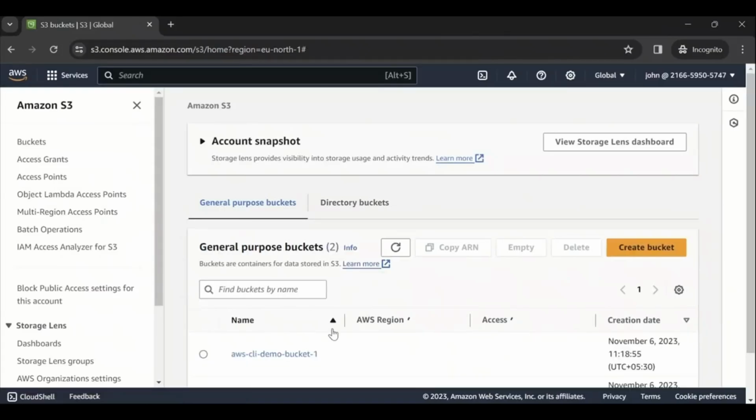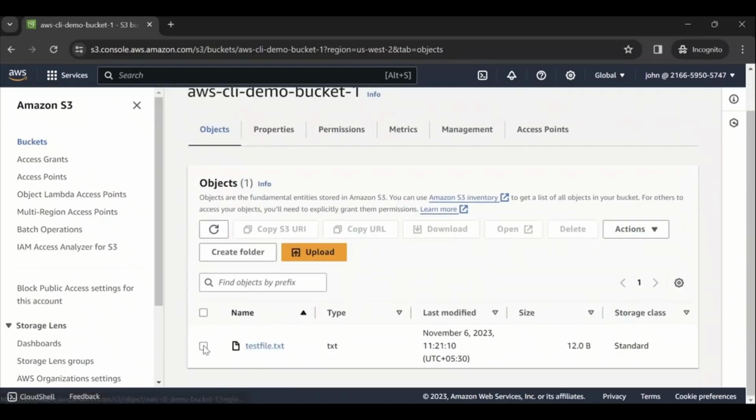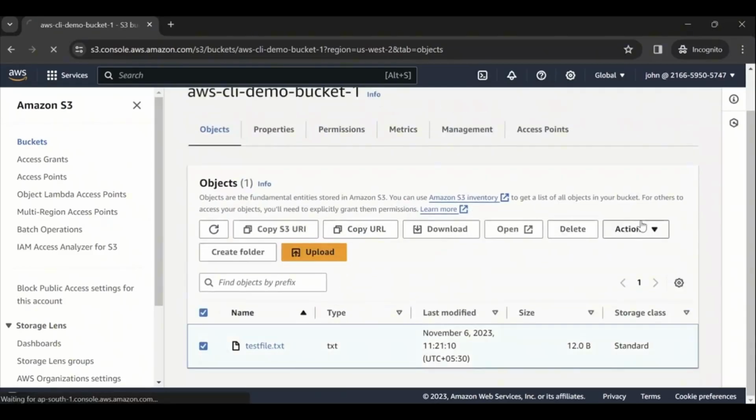That's how you create an IAM user with specific permissions in AWS. If you have any questions or would like to know more about the different IAM roles and policies,